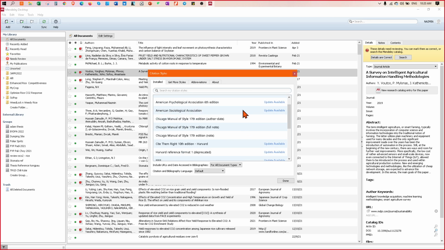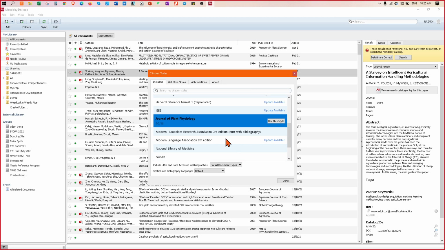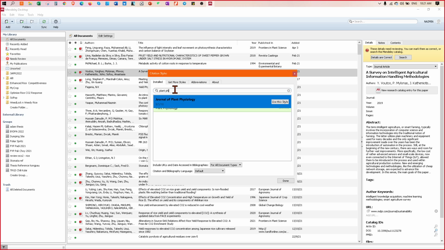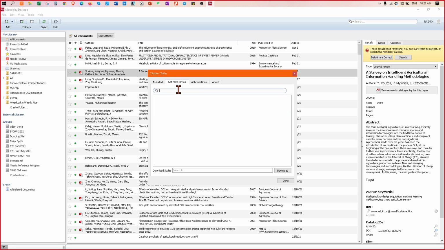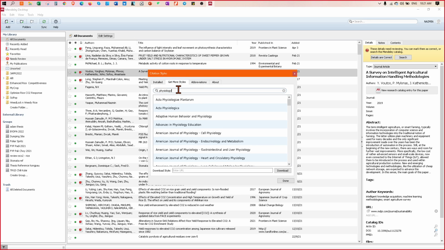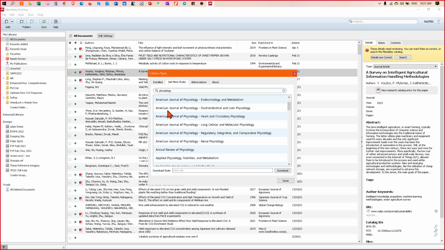I tried mine, but the search is not finding it. It doesn't come out for the one I search. You need to search under get more styles. You need to make it appear first. You see, under get more styles, there are so many under physiology, like what I'm doing now.